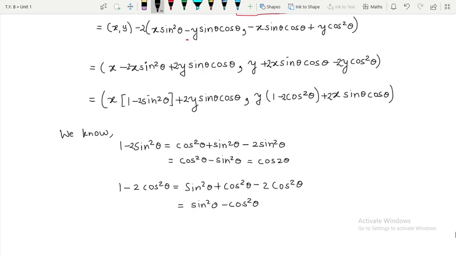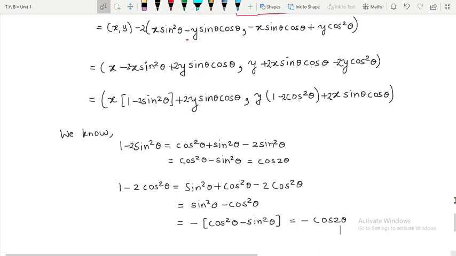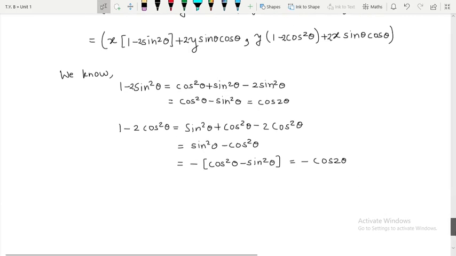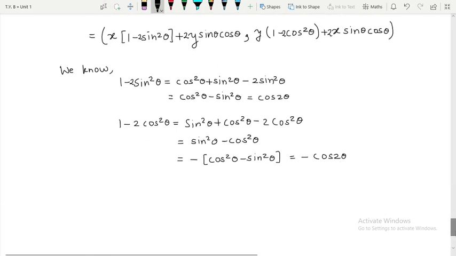If you take the minus sign out, this will be minus, inside the bracket, cos²θ minus sin²θ, and cos²θ minus sin²θ is cos 2θ, so this is minus cos 2θ. So therefore this term will be further equal to,